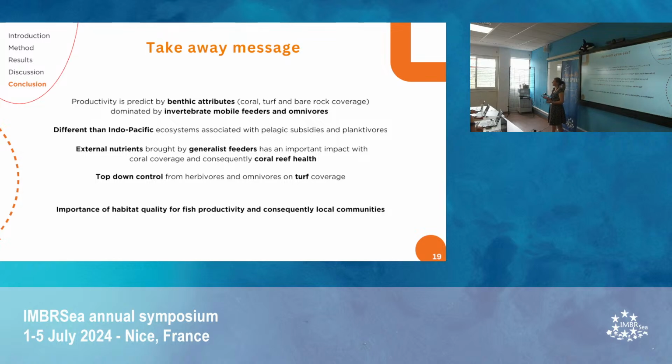So, in conclusion, productivity in the southwestern Atlantic can be predicted by benthic attributes, coral, turf, and barren coverage, and associated with invertebrate mobile feeders and omnivores. Which is a striking difference with the Indo-Pacific, which is more predicted by pelagic subsidies and planktivores. The relation with coral is due to external nutrients brought by generalist feeders that have a great impact on coral coverage and then the coral reef, while the negative relation with turf coverage is due to a top-down control of